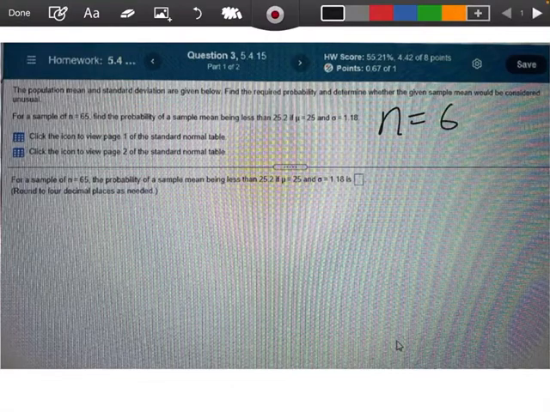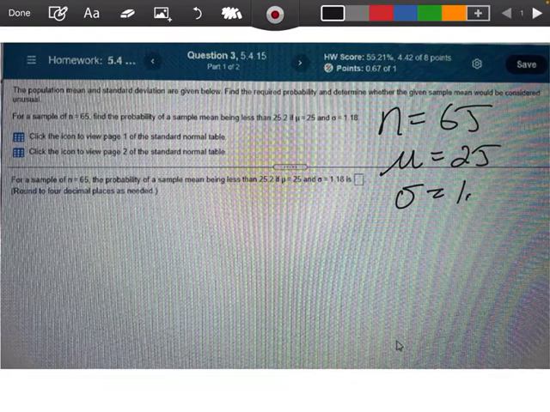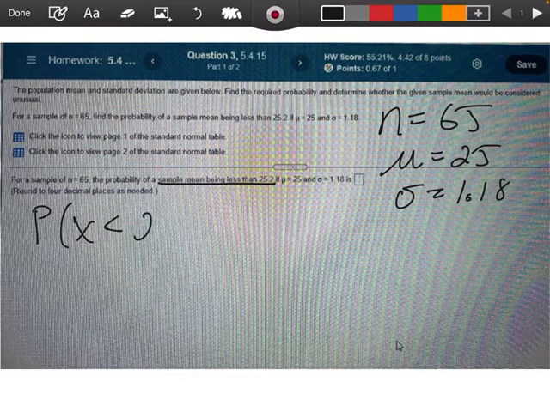Okay, so we're going to do a couple of things here. So number one, we know that our n is 65. We know that our population mean is 25 and our population standard deviation is 1.18. Okay, we're trying to find the probability that the sample mean is less than 25.2. So I'm looking for the probability that x is smaller than